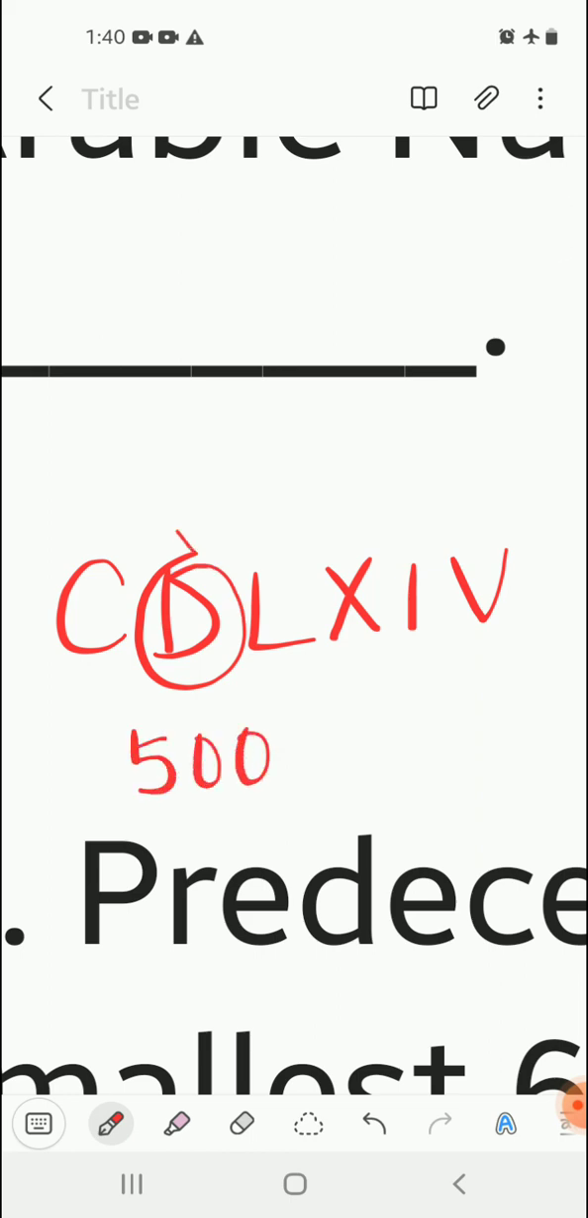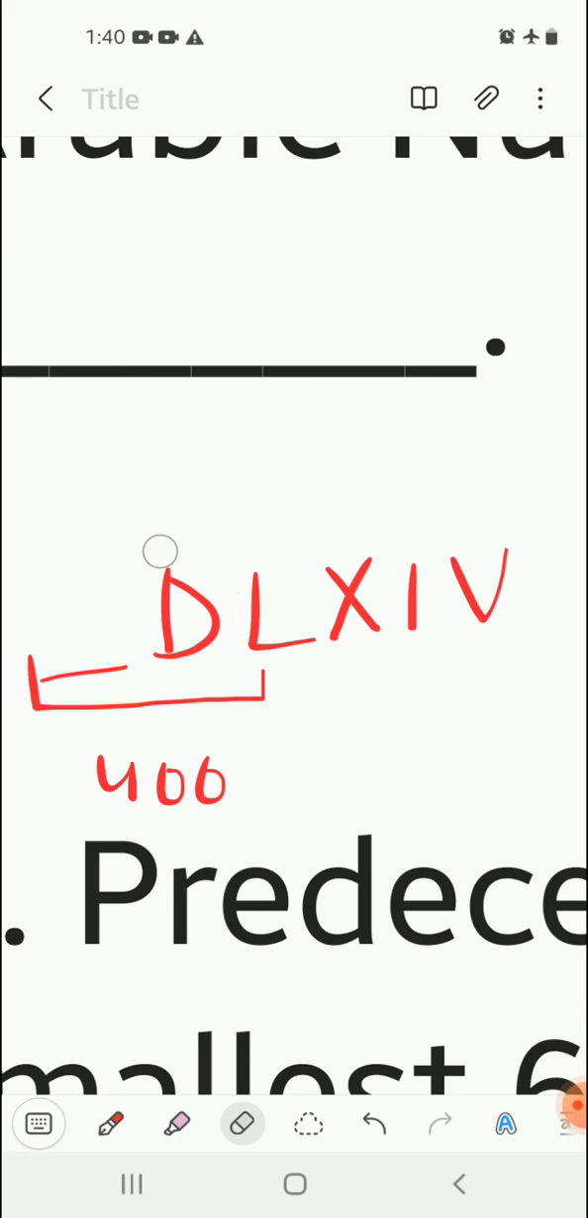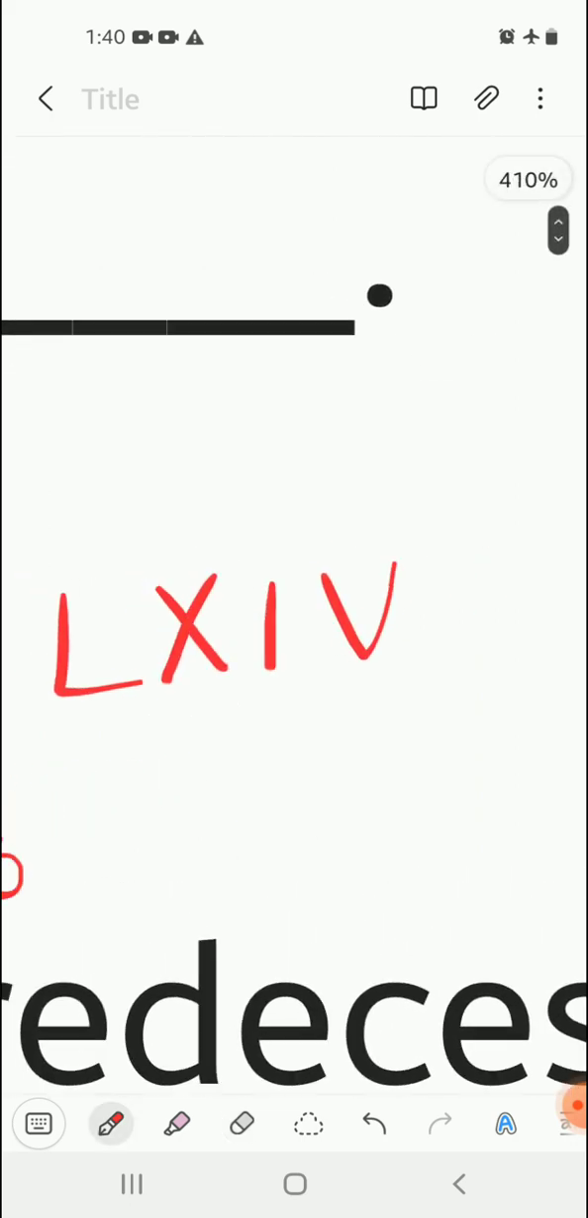Now check what is to the left of it. There is C. C means 100. So CD together means 500 minus 100, that is 400. So we can write CD as 400. Now once we are done with this part, this part is over. Now we'll come to the next part, that is whatever we are left with, we have